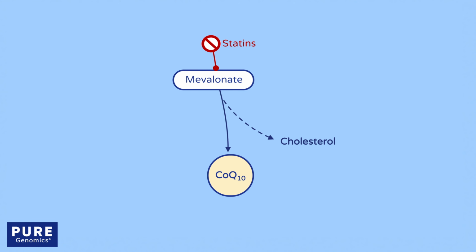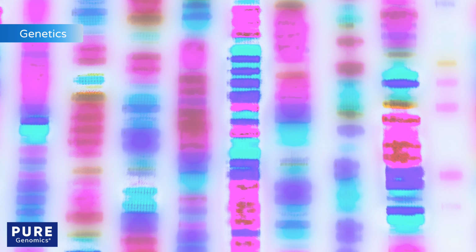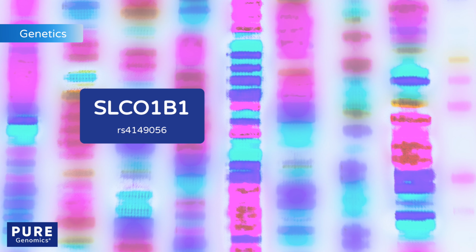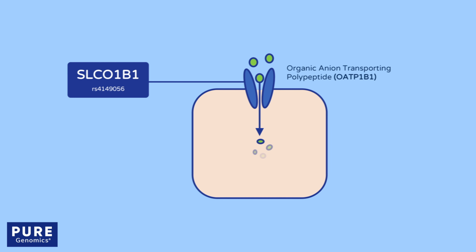But in the process, these drugs also reduce coenzyme Q10 production. One of the genes involved in the metabolism and clearance of simvastatin is SLCO1B1. This gene encodes a transporter known as organic anion transporting polypeptide 1B1, which allows drug uptake into liver cells where